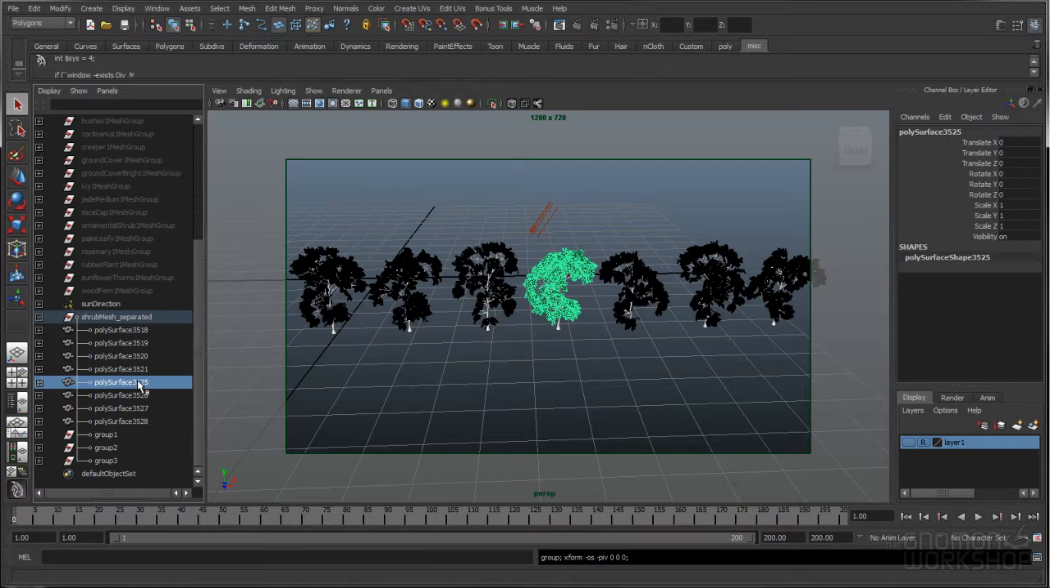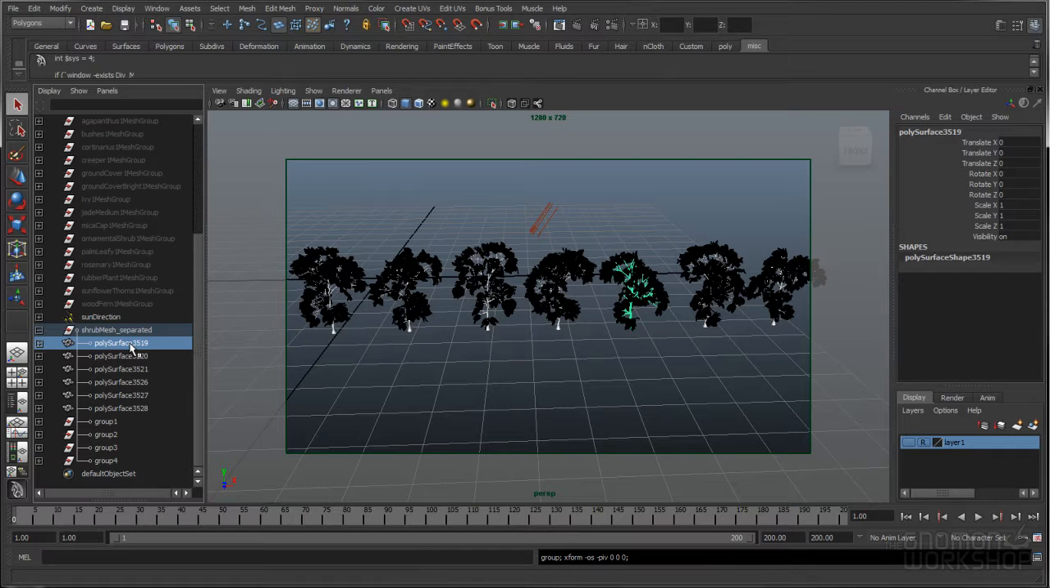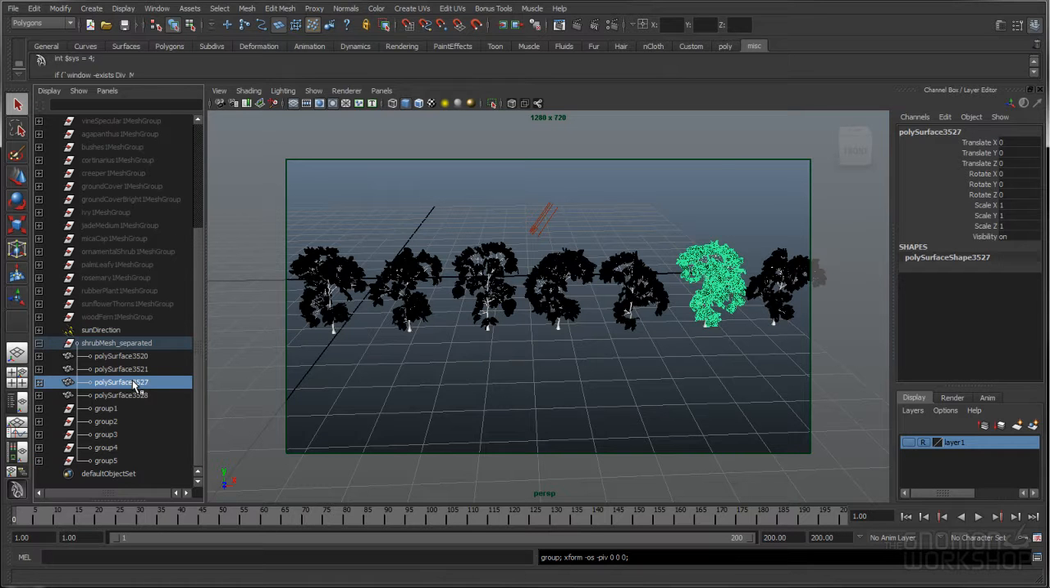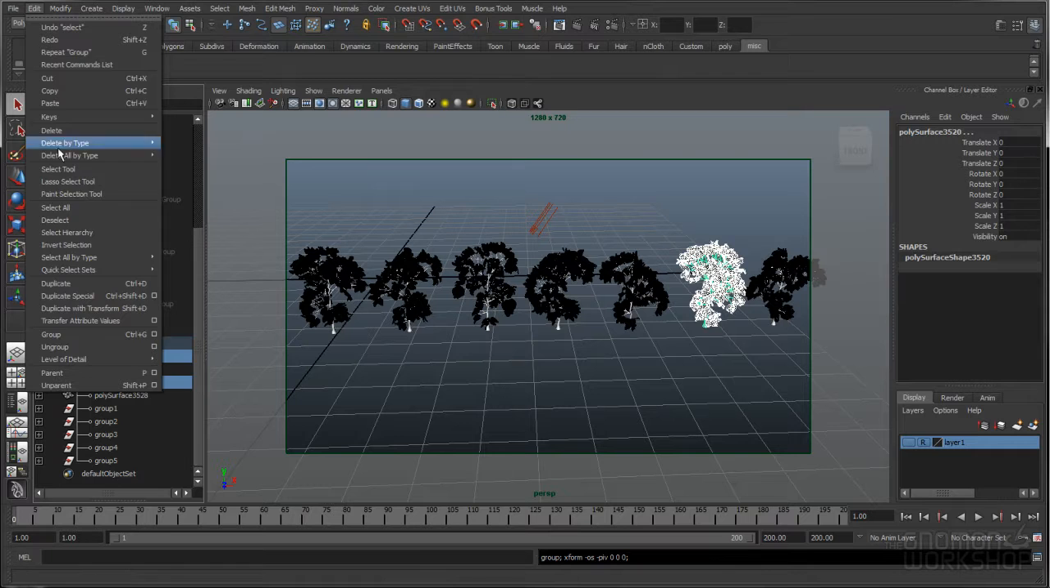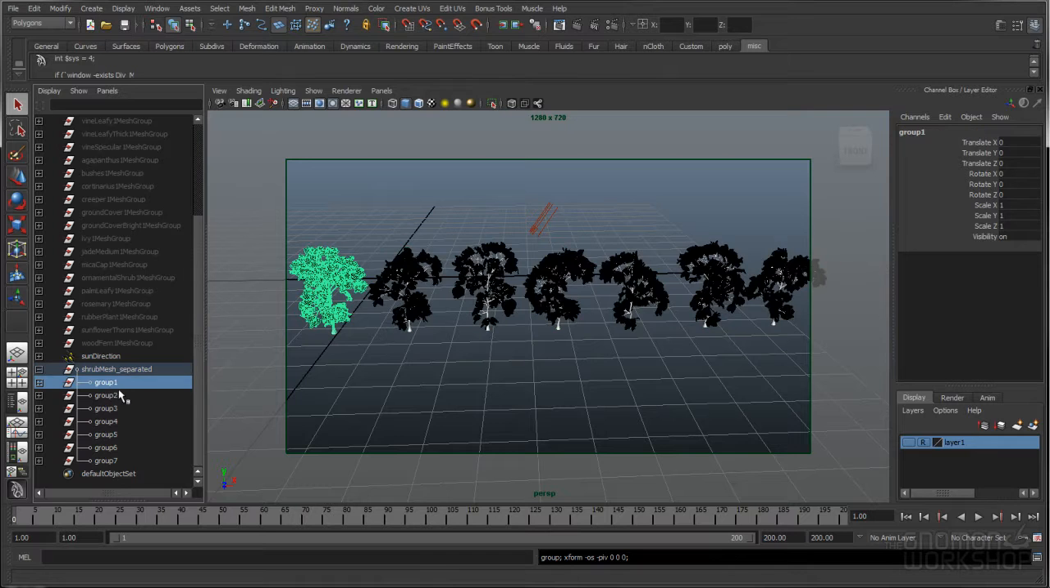Fourth one with that one. That one with that one. And that one with that one. And finally those two. So I have my shrub mesh, and in each one of these, if I select them